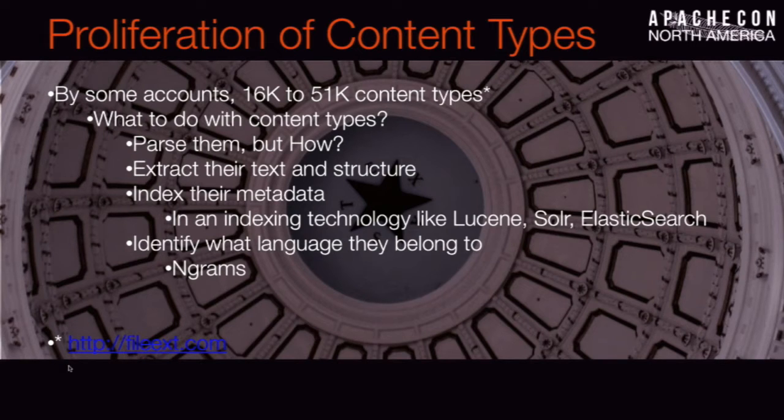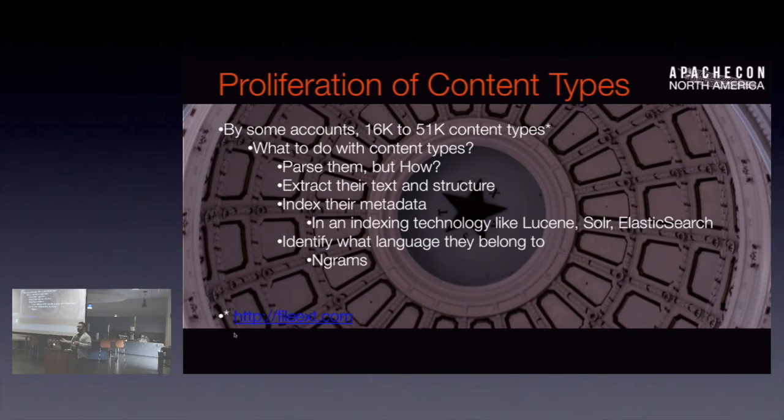A better estimate is actually provided by something called the Internet Assigned Numbers Authority. How many of you are familiar with IANA or DNS, right? That's an organization that are the people behind standards such as DNS, the domain name system, which is the way that we take host names and resolve them to IPs to get to places on the internet. One of the lesser known standards that they made was a taxonomy or hierarchy of MIME types, which tells us there are about 1,200 richly curated file types out there on the internet.